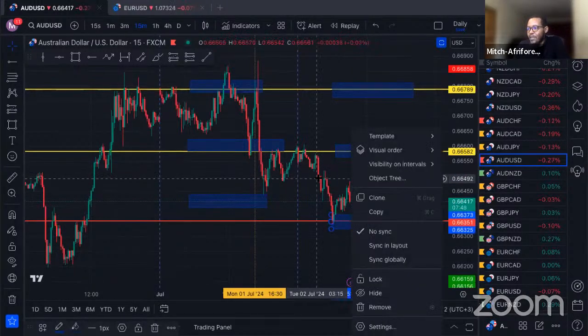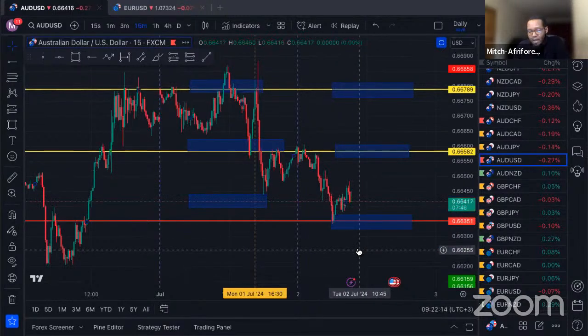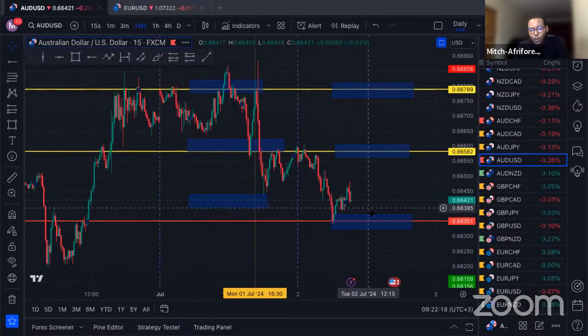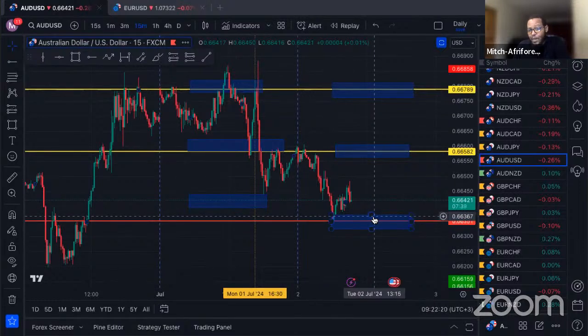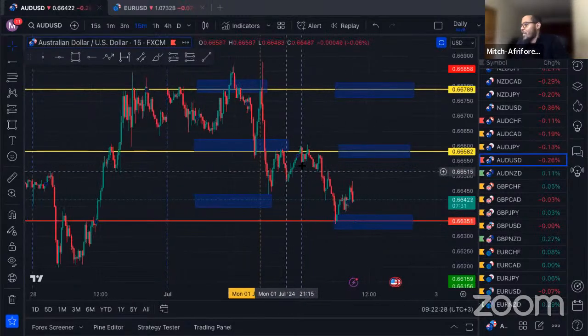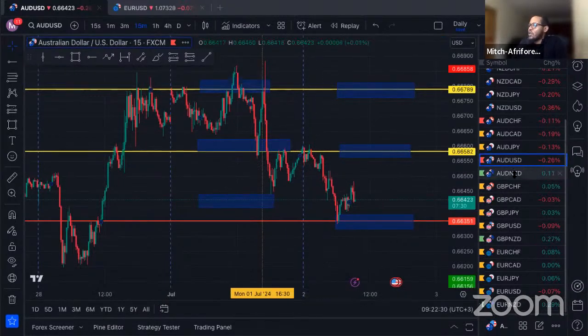But if you can see the price giving us some sort of probe where it comes down, incites people that it's looking for sales, and in the pullback, the price actually comes back in and falls above, then definitely that would be a very good indication for us to look for buying opportunities on the Australian dollar against the US dollar. So let's watch out for that and keep an eye out for the USD as we move on